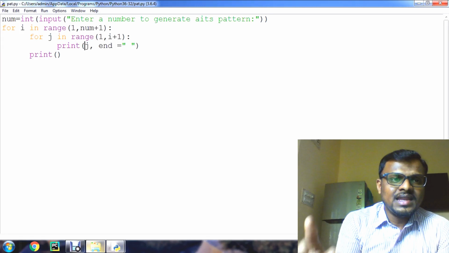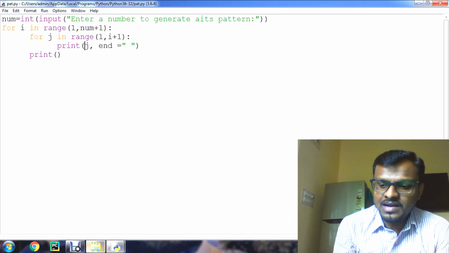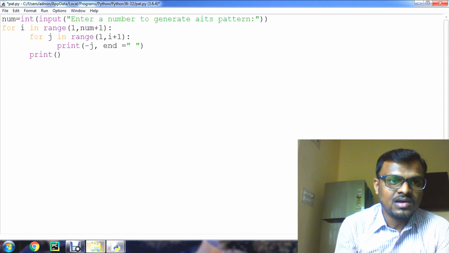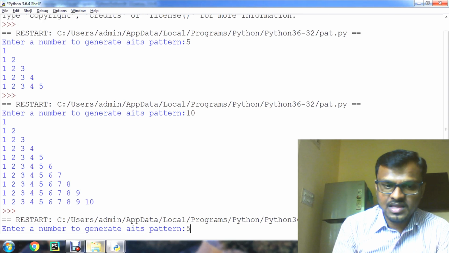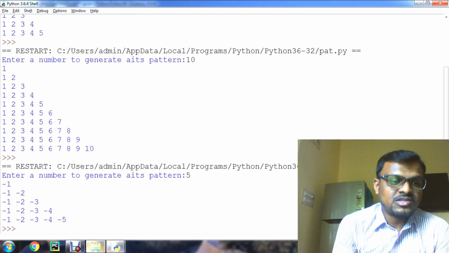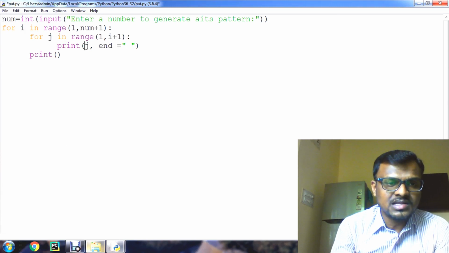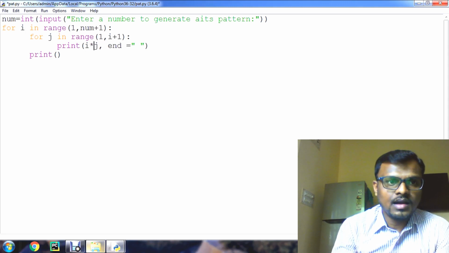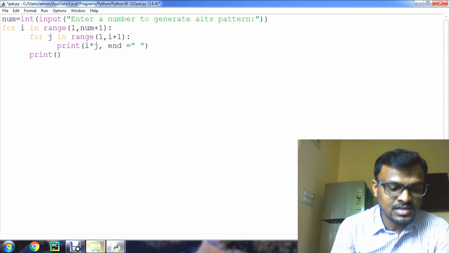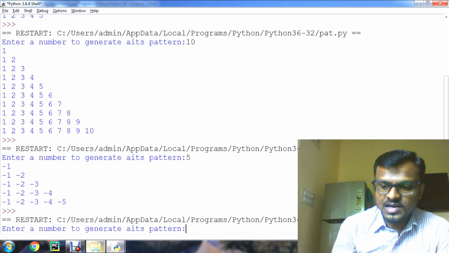You can do any operation in between the print statement, like you can invert the value by using the minus symbol here. For example, give 5, and you get minus values. In the same way you can do other computations also. For example, I can give i into j. Let's check how the output will come.